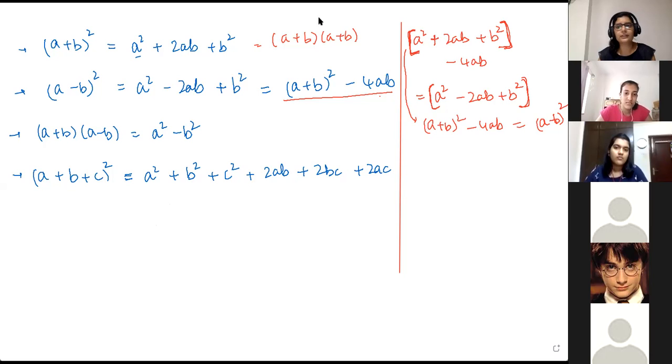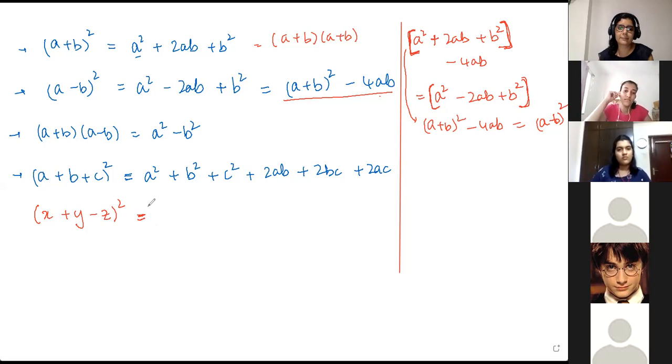And this particular identity, you have variations of it. What if I have, let's say, (x plus y minus z) whole square? Then how will this change? Sujal, can you work this out? Instead of all three positive, my third term became negative. So how will this change?